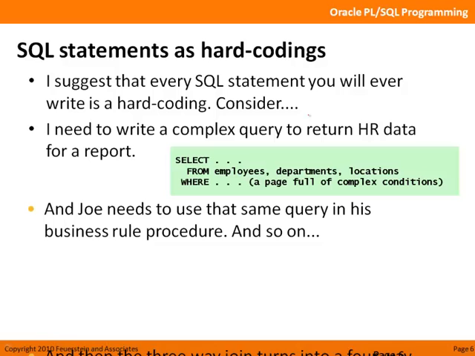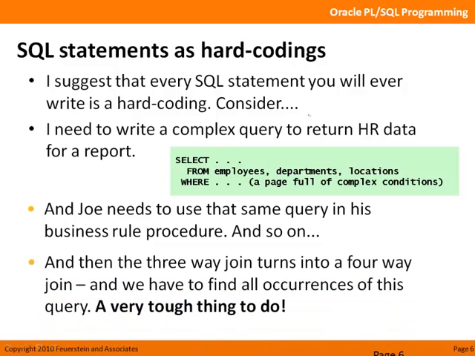And then what happens? Well, it's pretty inevitable. The 3-way join turns into a 4-way join or a 6-way join. We find a bug. I find a bug in my query. And what do I do about that? Well, I change my query. I fix it. And then I have to send a note out to everybody in my team. Hey, everybody, I wrote that query last week. I found a problem with it, or I needed to enhance it. So please take this query and replace your query with my new query.